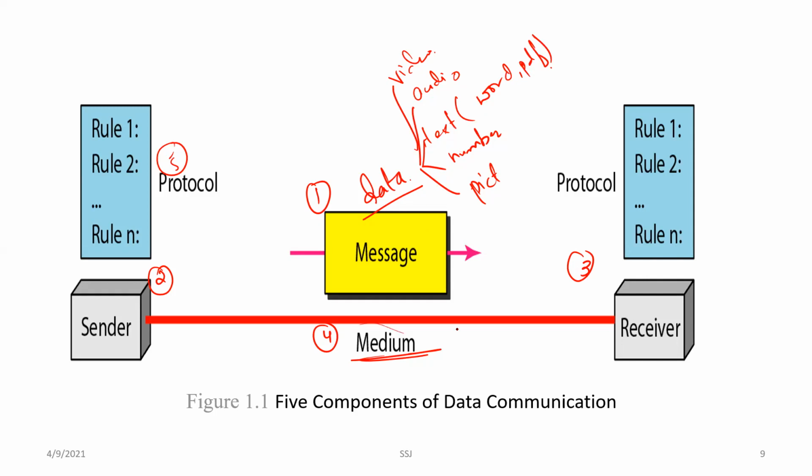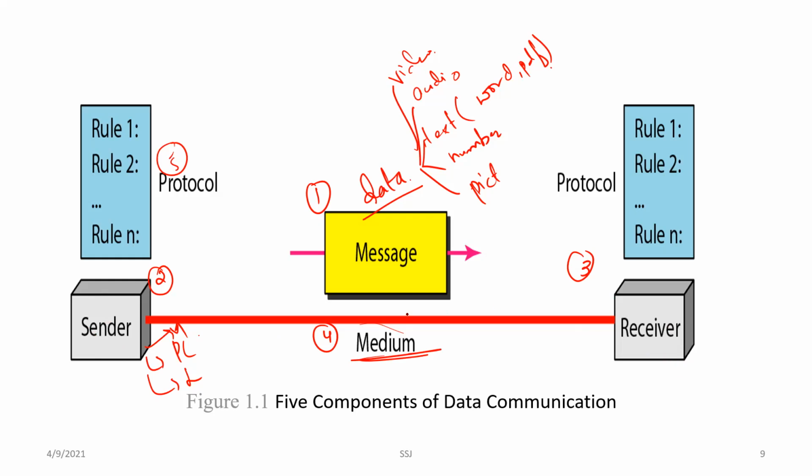Whenever this message is being transmitted, there needs to be a sender and a receiver. The sender is the device that sends the data message. It can be anything: your computer, that is PC, laptop, mobile phone, video camera, anything. And what is the receiver? The receiver is the device that receives the message. So the sender is the one sending the message, and the receiver is the one receiving it. And it can be the same kinds of devices: a mobile, PC, laptop, a video camera.